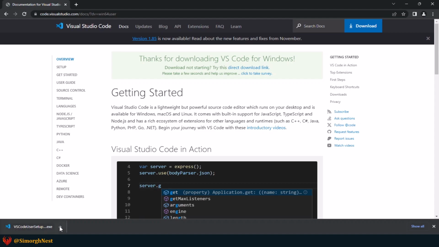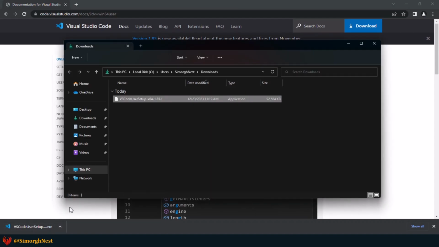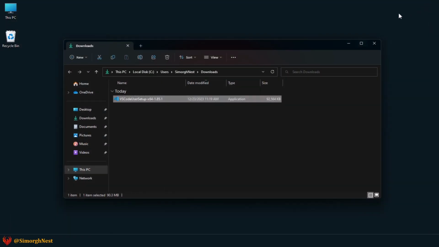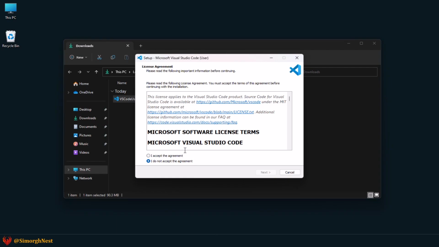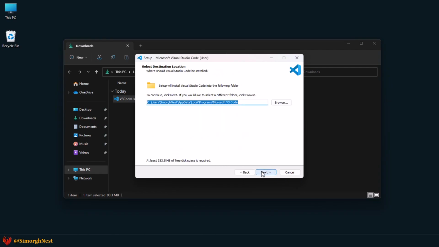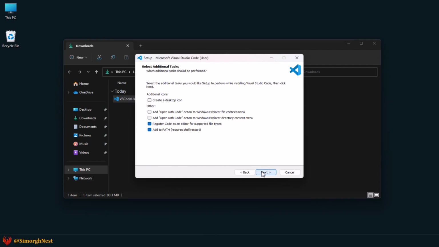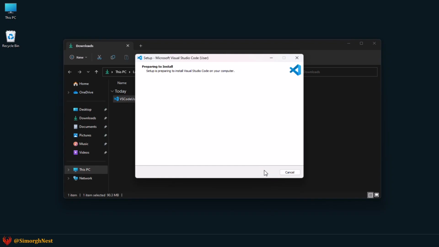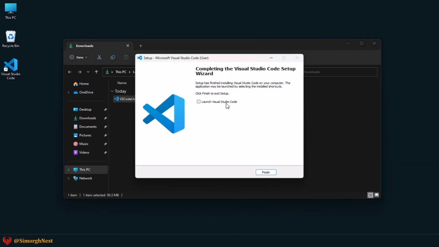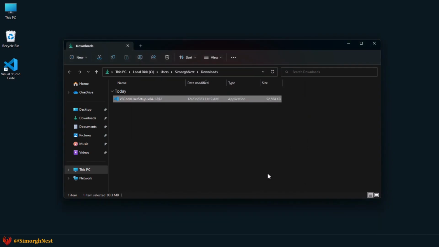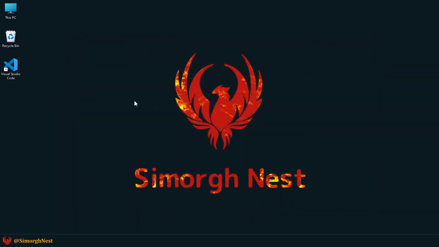After the download is completed, install VS Code. In this step, we suggest selecting all of these options. Once the installation is finished, you're ready to start coding with VS Code.